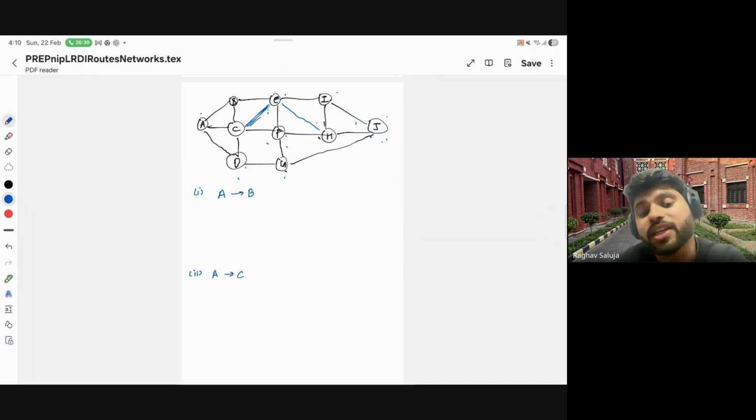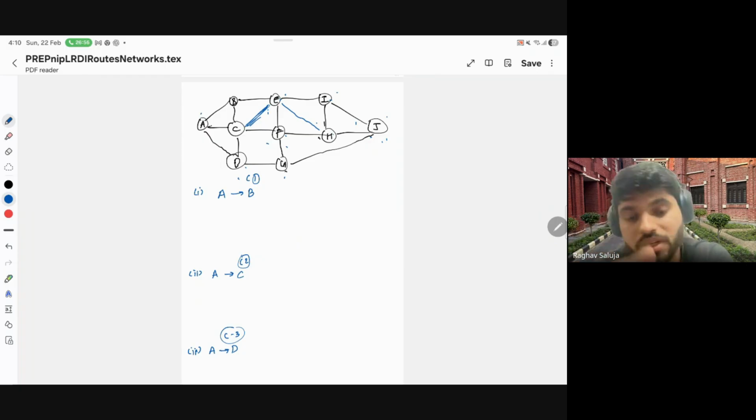In the first case, let me go from A to B. This is my case 1. My case 2 is I'm going from A to C. My case 3 is I'm going from A to D. This is the front method. I taught you the backwards method in the previous question. We'll solve this using the front method, and trust me, once you've understood these 2 methods, you're done with routes and